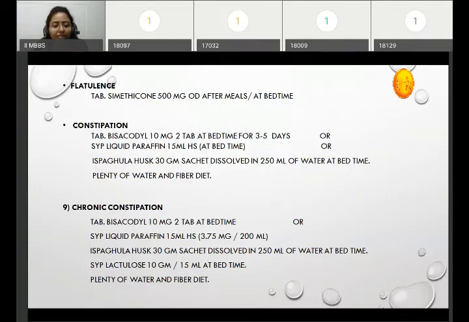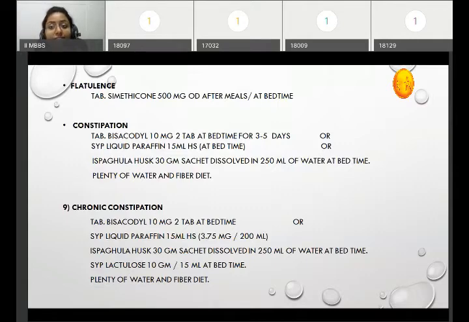Stimulant purgative, right? So it is a group of stimulant purgatives. How does it act? When it enters the intestine, it gets activated by a mechanism called deacetylation. Okay, so this bisacodyl gets activated here. Then it causes irritation of the colonic mucosa,